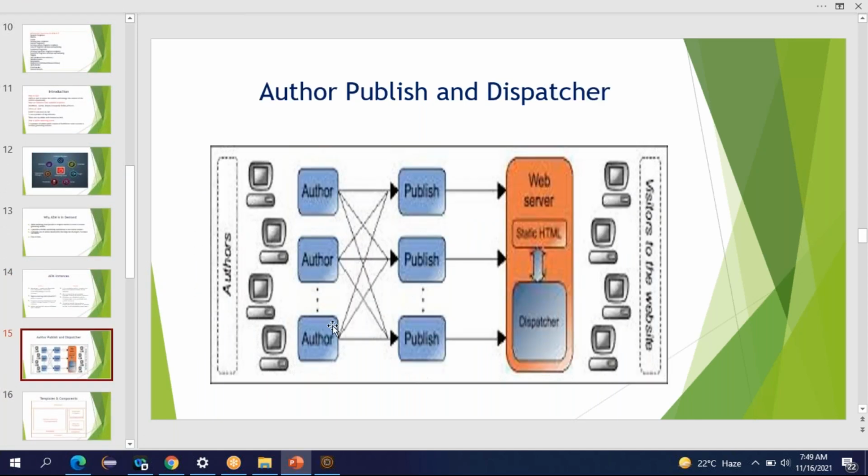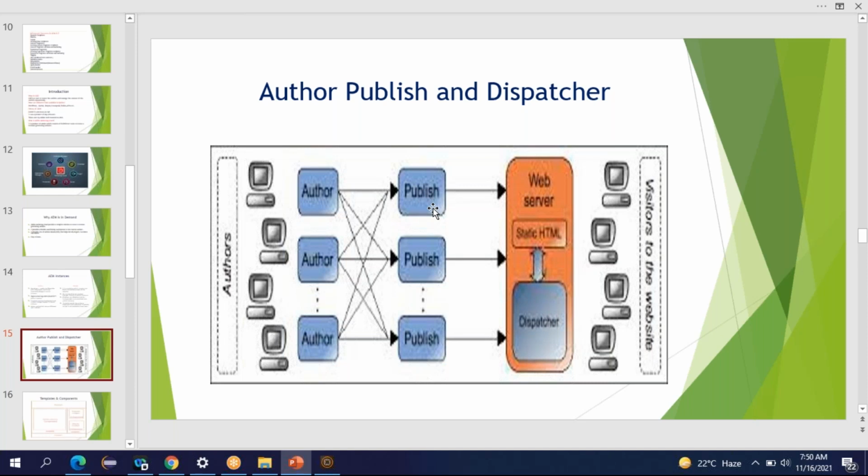Like the author instance and publish instance, there is another tool called dispatcher. Sometimes it is also called another instance of AEM actually. The dispatcher sits in between your publish instance and the end user. When the end user types the URL in the browser, that request will hit the dispatcher first. The dispatcher will hit the publish instance, retrieve the content, and store the static content in a temporary storage device.